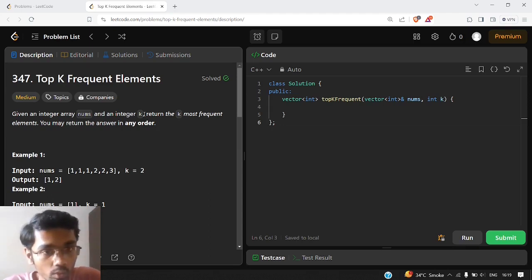So first we need to create a hash map in order to get the frequency, and then we can store it in our priority queue or max heap, and then the max heap will itself arrange it in our required format, and after that we'll just return the top k elements. So that was the intuition behind the question. It is a pretty straightforward question, so we will directly write the code for it.